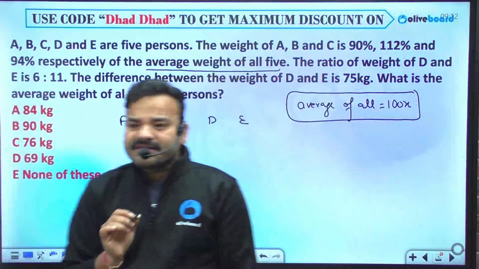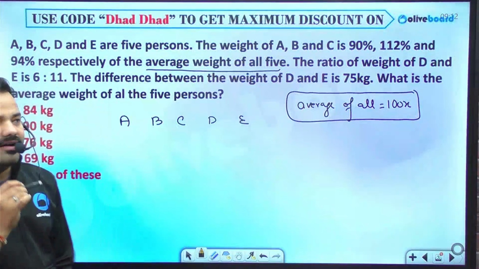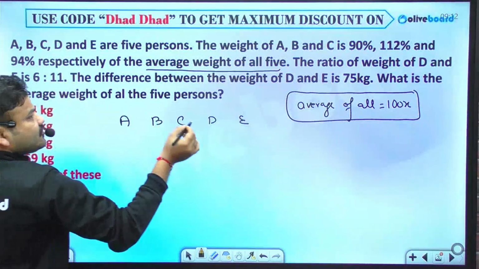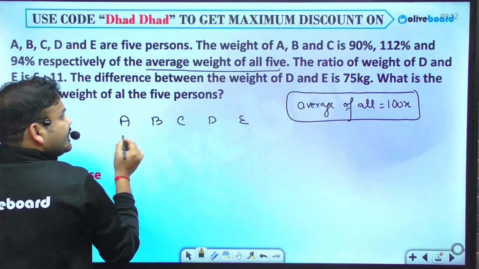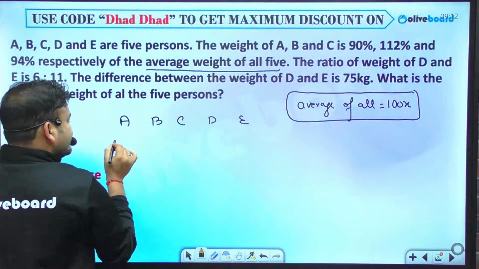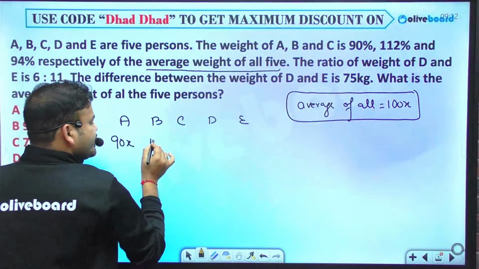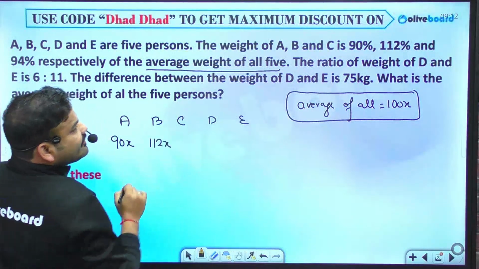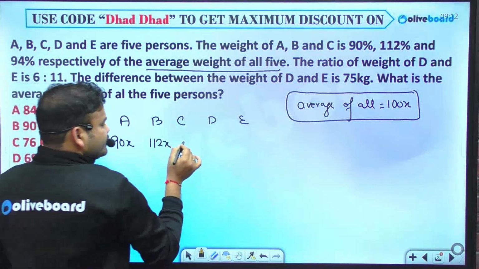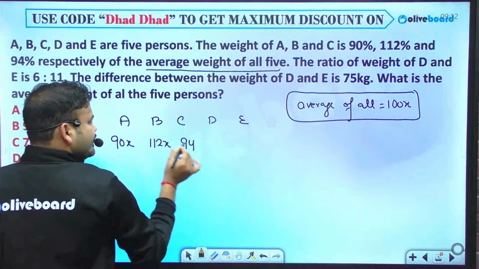The moment I'm considering, अगर मैंने सबके average weight को 100x मान लिया, तो A का कितना हो जाएगा? तो A का 90%, that is 90x. B का कितना हो जाएगा? तो B की वैल्यू 112x हो जाएगी। और C की वैल्यू कितनी हो जाएगी? तो C की वैल्यू 94x हो जाएगी। ये इन तीनों का निकल कर आ गया, ठीक है।